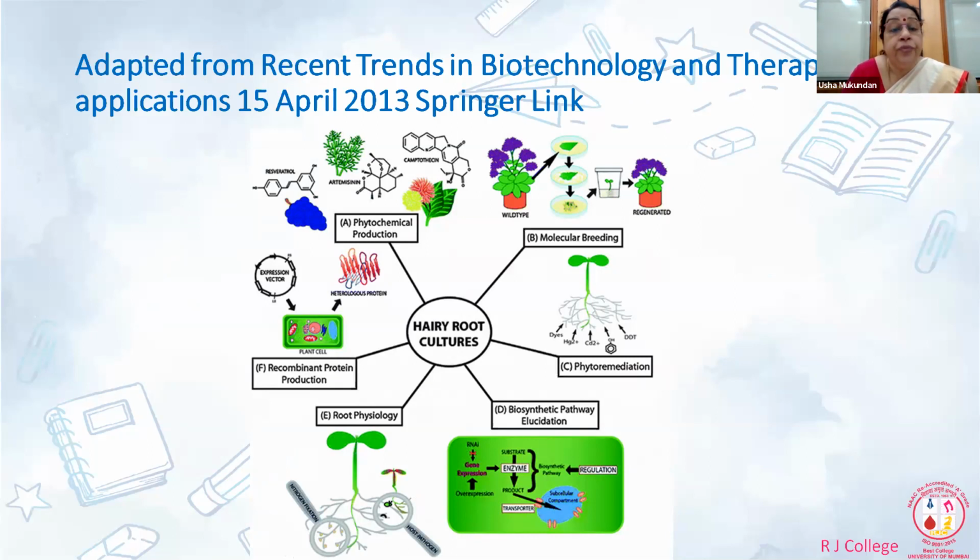Okay, so phytochemicals, anyway, you know that for production of secondary metabolites, almost all the roots wherein the metabolite is root derived have been transformed using this technique. So it can be in terms of artemisinin production or camptothecin, serpentine, agmatine, hyoscyamine, scopolamine, many secondary metabolites which are either synthesized in the root or accumulated in the root.